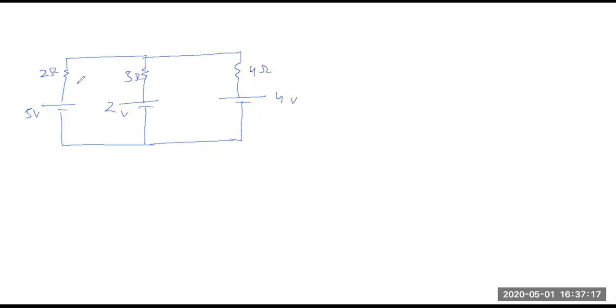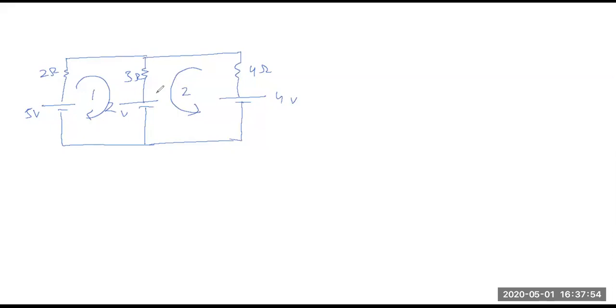Now the first step is to take the direction of currents, right? So I'm assuming that I'll take the loop here like this and I'll take the loop here like that. You can take any direction, doesn't matter, right? So this is the direction of loop. What this decides basically is how I will move in a circuit, right? Which element I'll consider first, which will be the second, which will be the third. So in the first loop, I'll move in clockwise direction, and in the second loop, I'll move in anti-clockwise direction. This is what it decides, right?